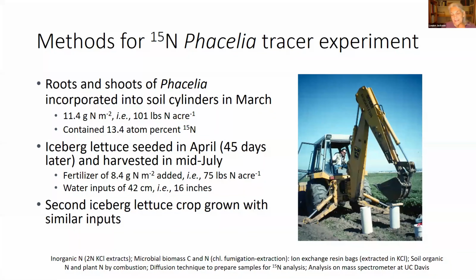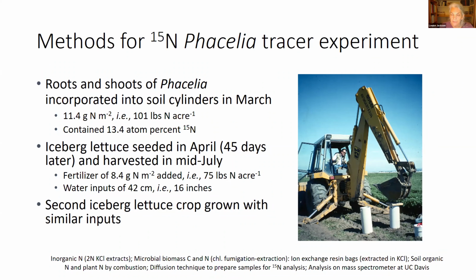And here's a picture of John Inman, bless his soul, who was kind enough to push in these 2-foot cylinders into the soil. The roots and shoots of Phacelia, which is not a legume but is very fleshy and easily decomposable,